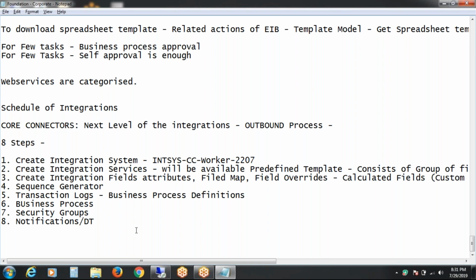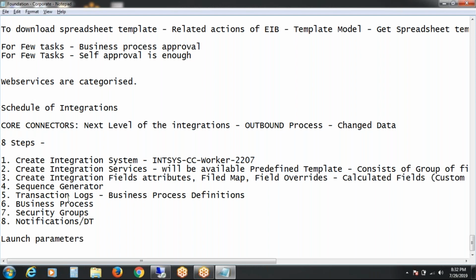So we are in the process of discussing the core connectors. Core connectors are one of the next level of integrations, where we use them to see changed data from and to. To see any changed data, we will use these core connectors. It will be for workers, benefits, payroll, whatever it is. The main thing we need to remember is launch parameters, especially date launch parameters. Anyway, we will discuss that in the coming process.